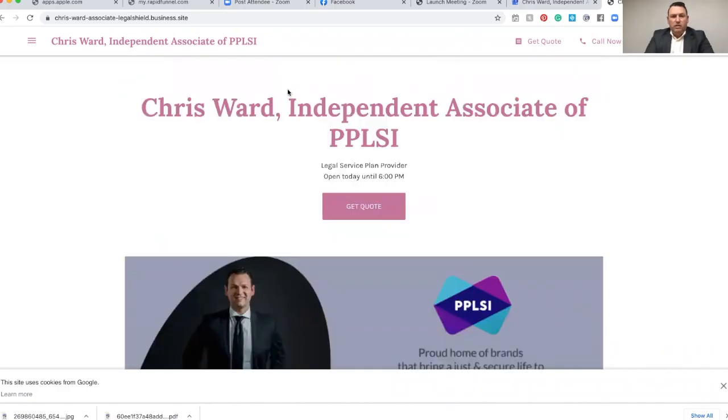So to me, I believe that if this is going to be out there, you want to make sure that it's attractive to prospective members and associates, and they see that you're still in business, if this happens to be the website that they find when they're looking for PPLSI, LegalShield, and/or IDShield. So this has been a brief but comprehensive look at how you can leverage Google My Business to build your